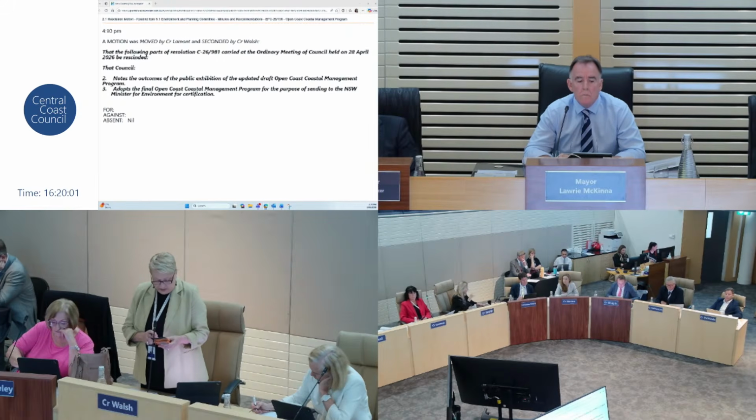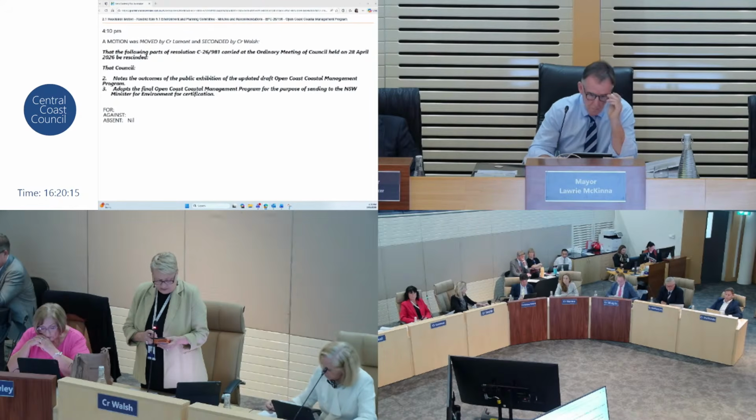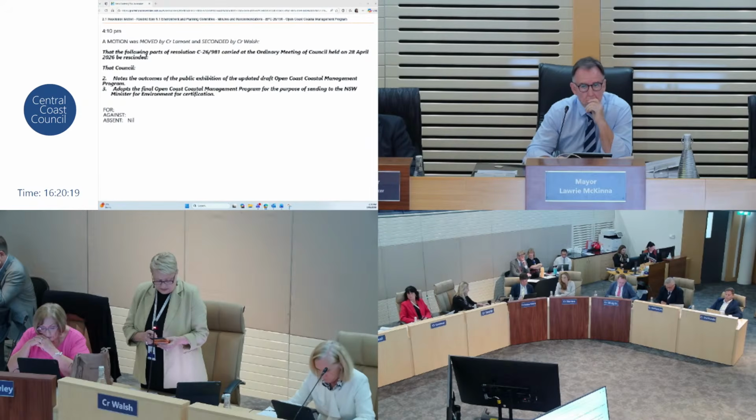A core principle is that public participation must be meaningful, not just procedural window dressing. This rescission motion simply asks Council to honour that principle. It also asks us to apply the precautionary principle. We know that hard coastal structures can create serious unintended consequences, and we know that coastal and lagoon systems are interconnected. We know insufficient modelling of end effects and lagoon interactions can shift risk onto neighbouring communities.